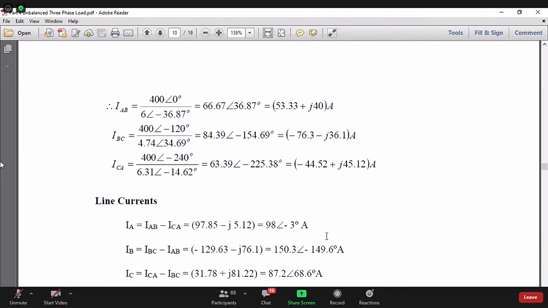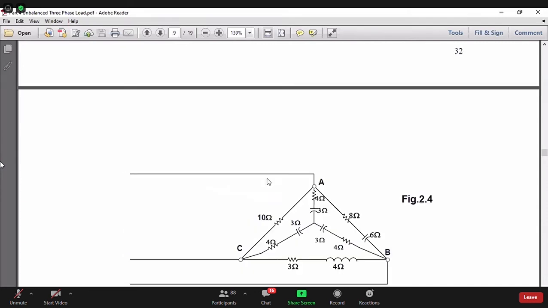So, my young friends, this is how we solve what is known as a combined star and delta. And I repeat, the tip is that always convert the star to delta, not the delta to star. If you convert star to delta, there is always a probability you will get the correct one. If you convert the delta to star, there is every probability that you will get it wrong.